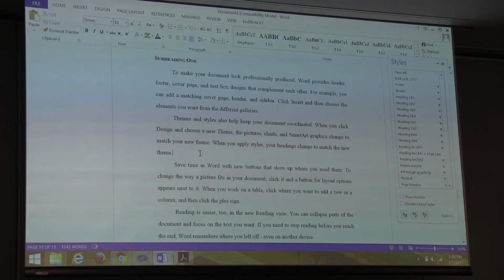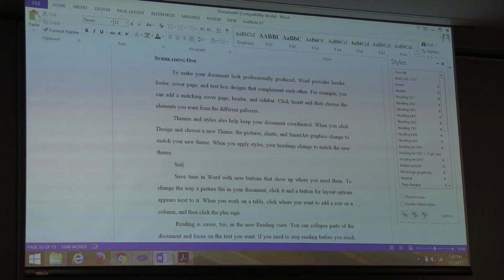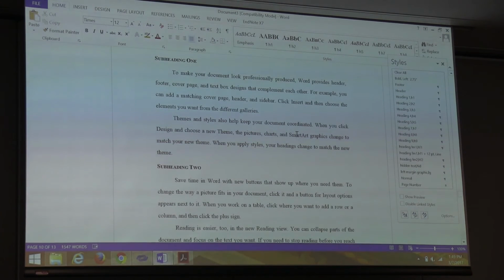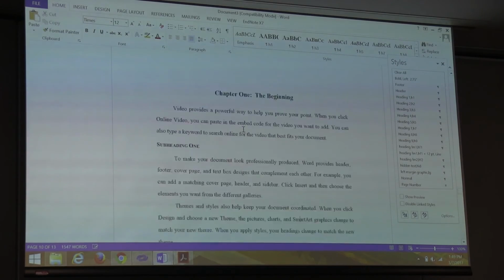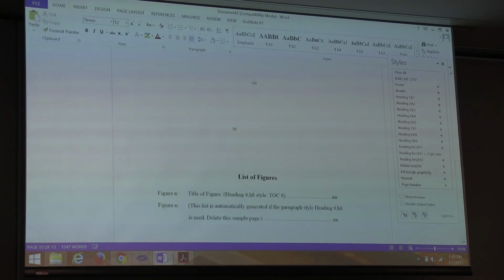And let's add one more. It's the same level of subheading, so it would also be a heading 3. There we go. So now that we've got some stuff in these styles, if you come back up to the table of contents,